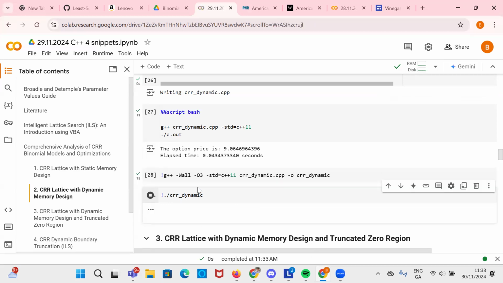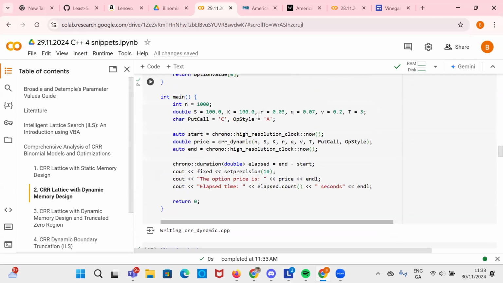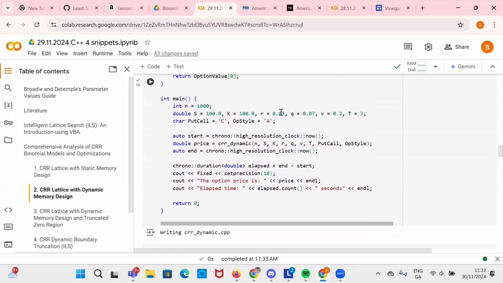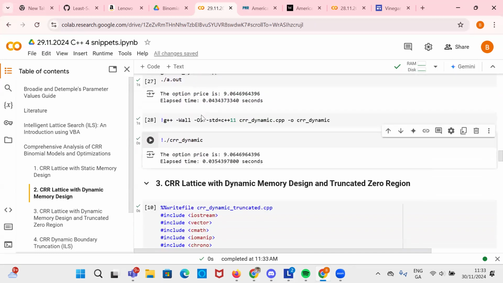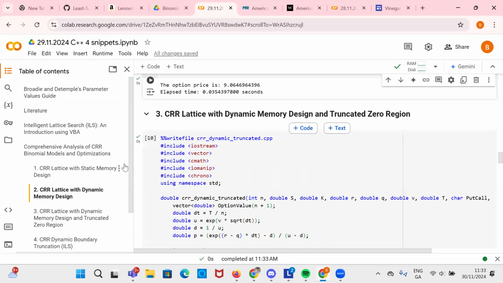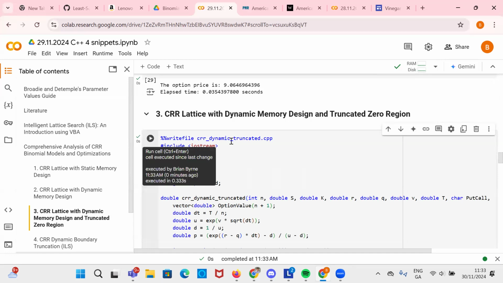And again, we note, using the level tree optimization, when we look at the performance of our model, we do get a speed improvement again. The value of the option for the 1000 step tree is the same. So we're using, as before, the same parameters as identified by Brody and Temple. Okay. Third snippet of code, we are using dynamic memory